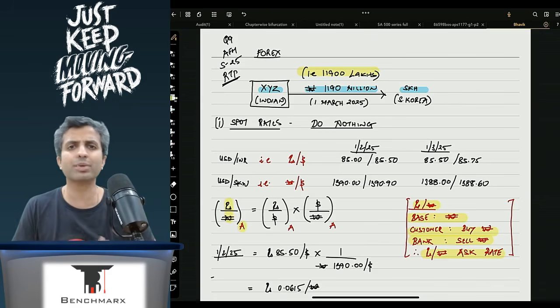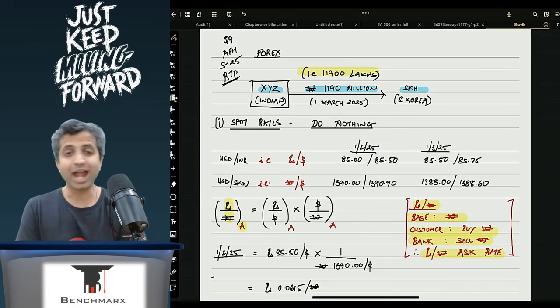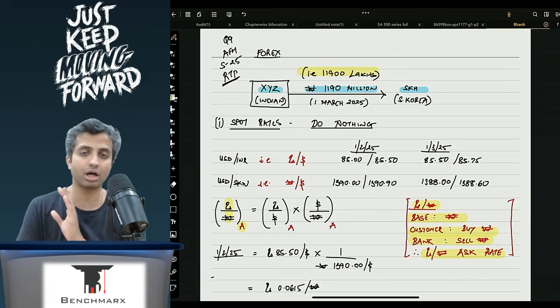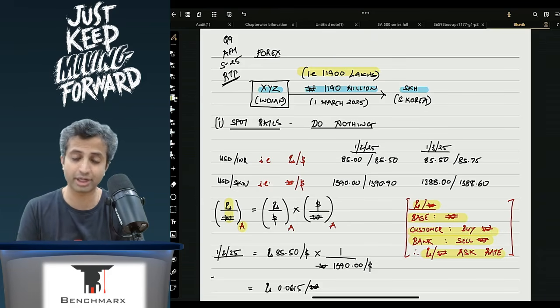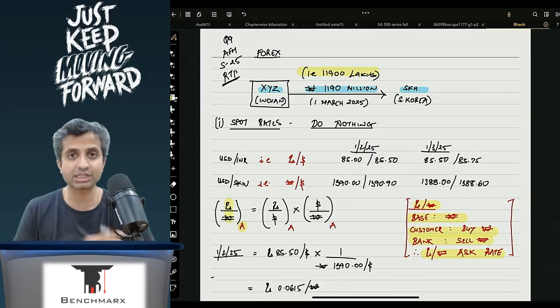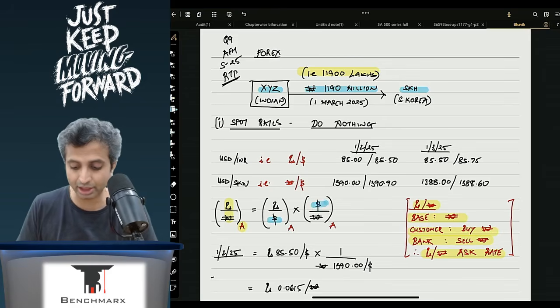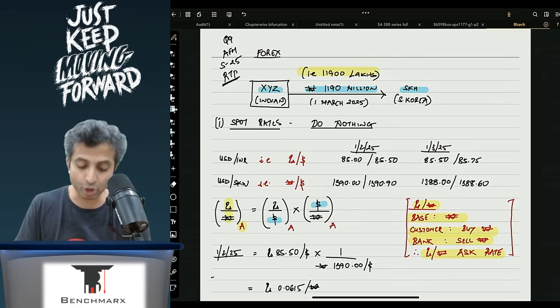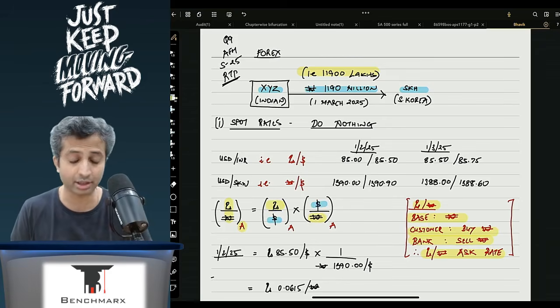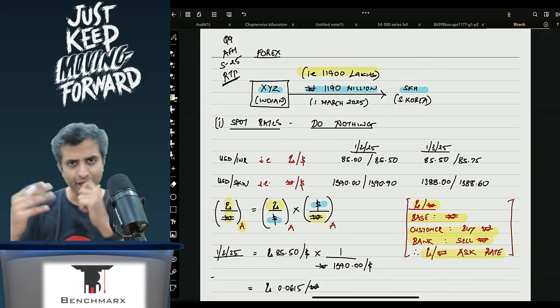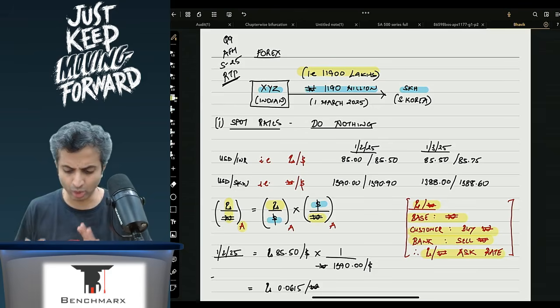Now when I look at the rupees per won ask rate, I don't have a rupees per won rate given. I have the rupees to dollar rate given and the won to the dollar rate given. So I have to arrange the rates in such a way that the dollar gets cancelled. So this dollar, being the intermediate currency, will get cancelled, and the rupees remains in the numerator and the won remains in the denominator. Now the relevant rate is the ask rate, so I'll take rupees per dollar ask and then dollar per won ask.